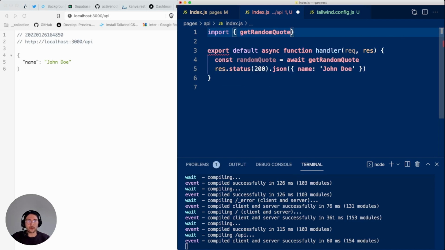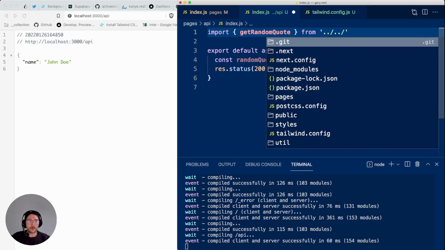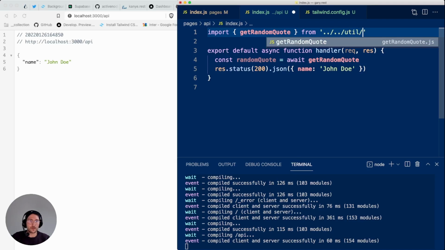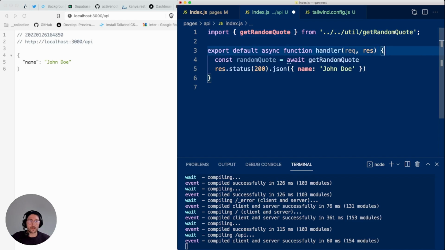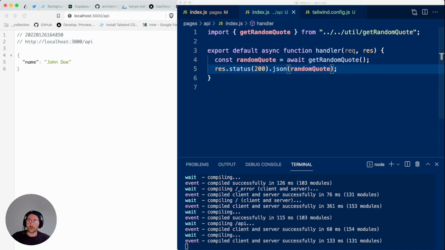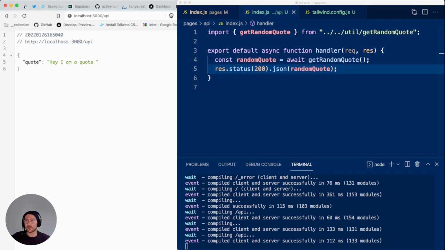Import getRandomQuote from util/getRandomQuote. Perfect. And now we can call getRandomQuote, and we will use the result of that as part of our API. And now when we call it, we are seeing that hard-coded quote.